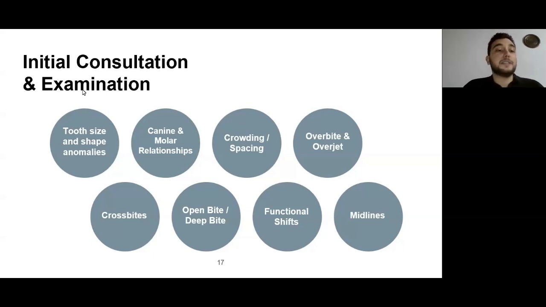You'd need to measure the overbite and the overjet. You need to keep an eye out for cross bites and any vertical issues such as open bites and deep bites. You need to keep an eye out for functional shifts and midlines. And this might sound a little obvious since we're doing an orthodontic treatment. These details should be collected, but with my experience, a lot of the time you can miss a slight midline shift that's going to change how you plan your movements. So it's really important to have all of these checked while you're doing the examination,